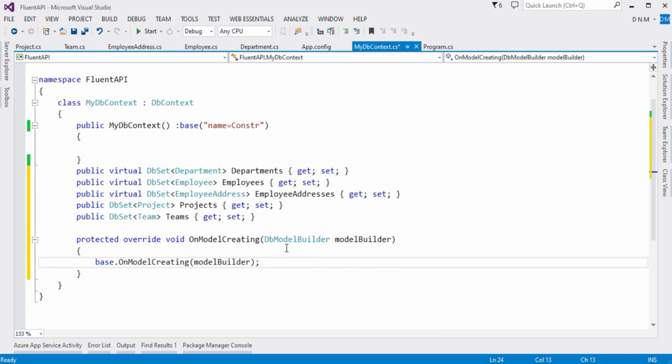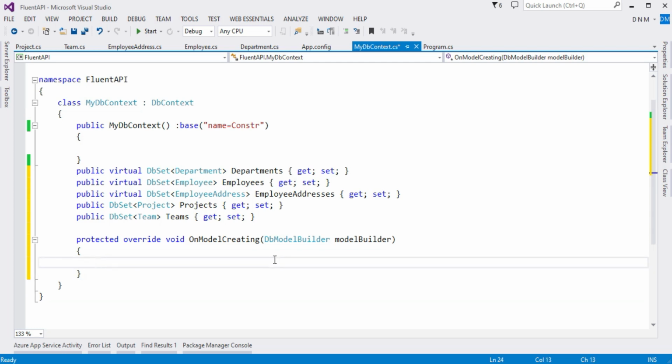Now this OnModelCreating method accepts the object of type what? DbModelBuilder class, and this DbModelBuilder class object has Entity method and Property method that we saw in the introductory video. So this video is about configuring the entities, so we are going to use the Entity method of the DbModelBuilder class. So I'm just going to remove this base class method call.